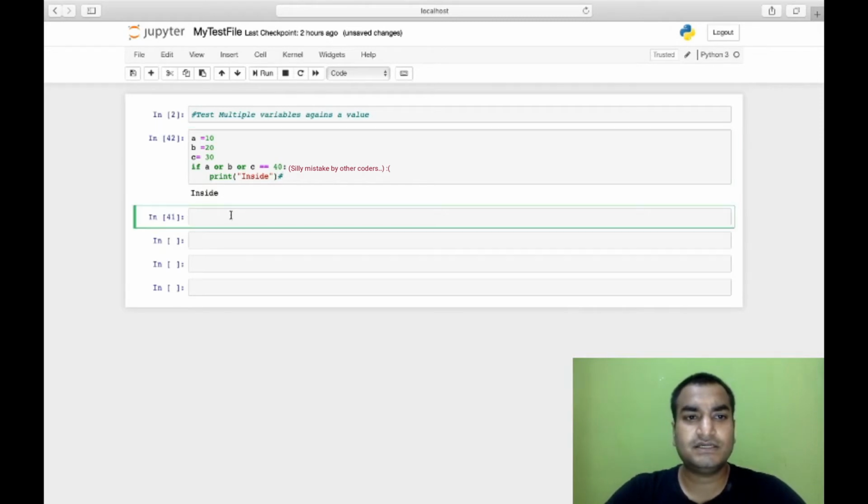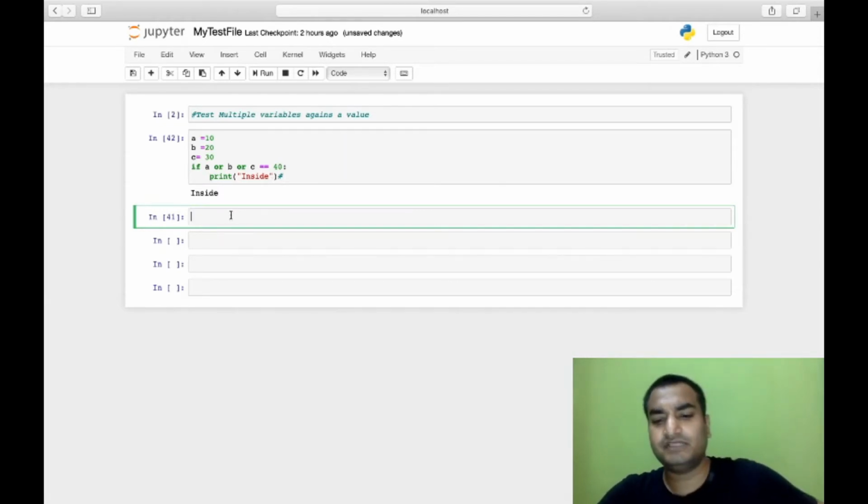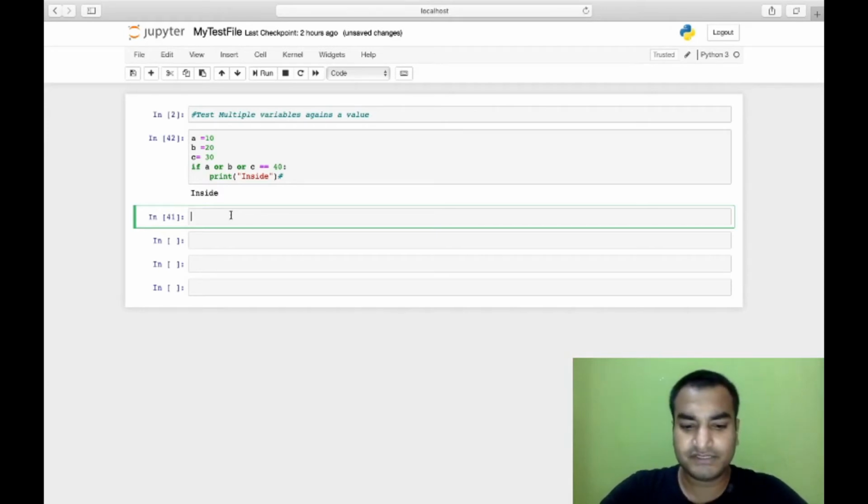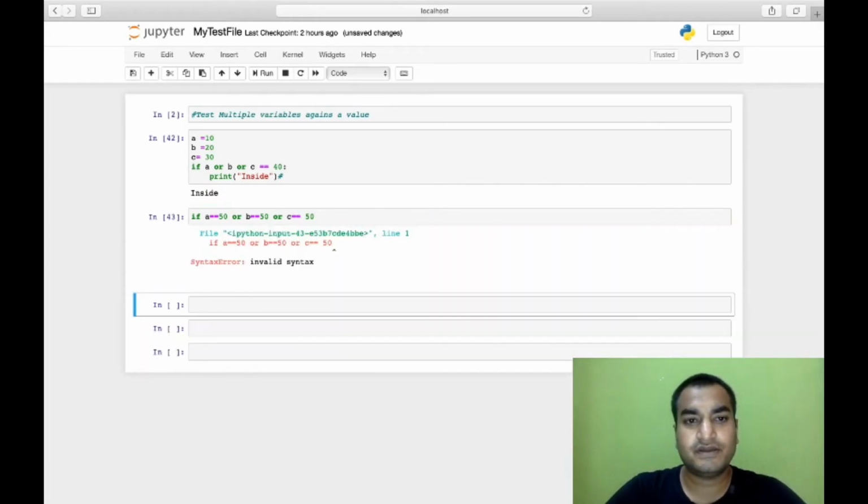First, we compare each single variable with that value. This is tedious, but the second method is good. But let's first take this one: if a equal to 50 or b equal to 50 or c equal to 50.